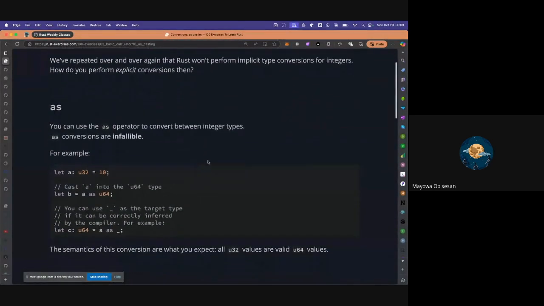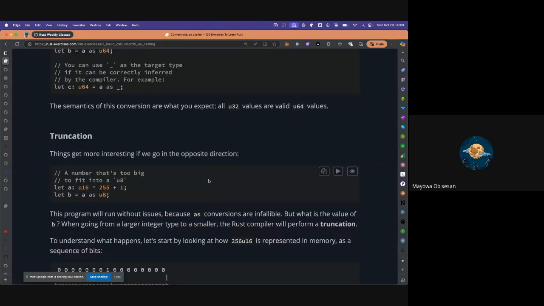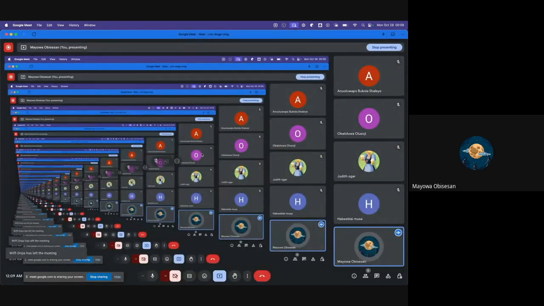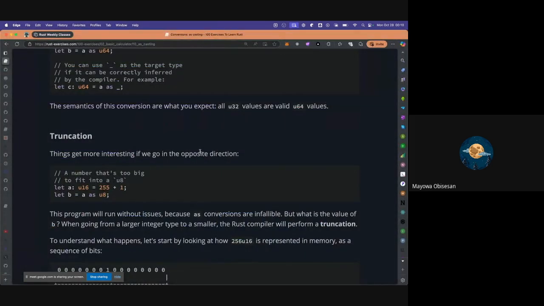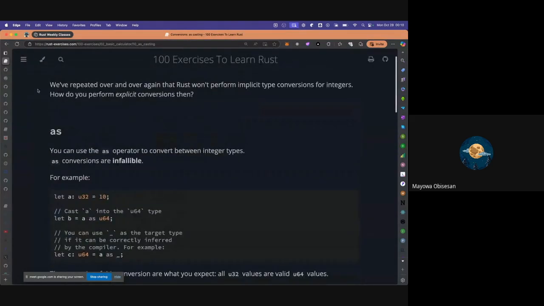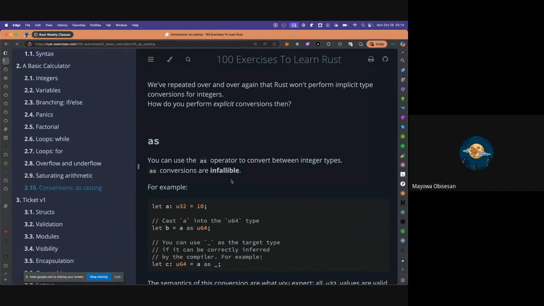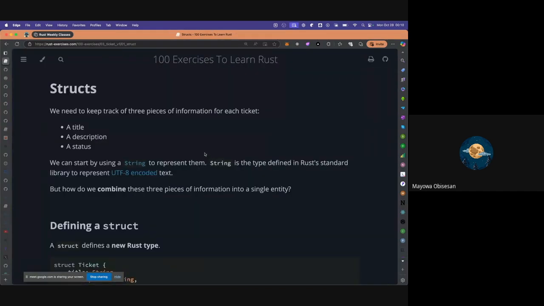So we talked about all of this, whereby you can typecast an integer type into a bigger type, from a smaller to a bigger type, and truncation from a bigger type to a smaller type. We gave those instances, more like just basic ways of how they work without going too crazy, something that we can follow. And then we went to struct generally, gave a basic understanding of